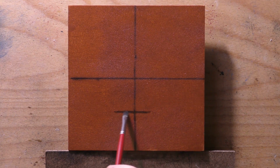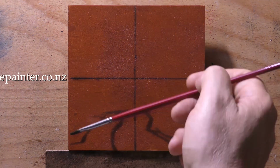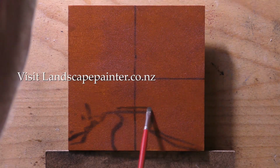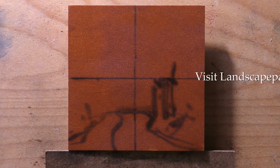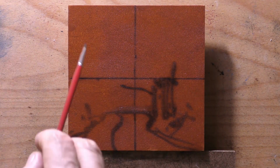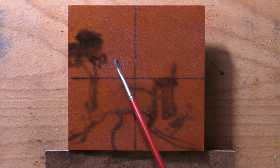The painting I'm bringing you today is called Into Sunset. It's a 5x5, painted this last week. And a few interesting little things about this painting. One, it's painted on a board. It's a pine, bit of pine ply. I have a stack of these from years ago,